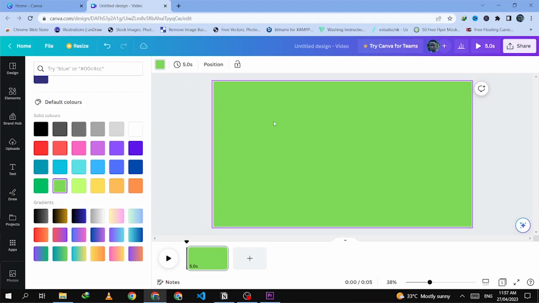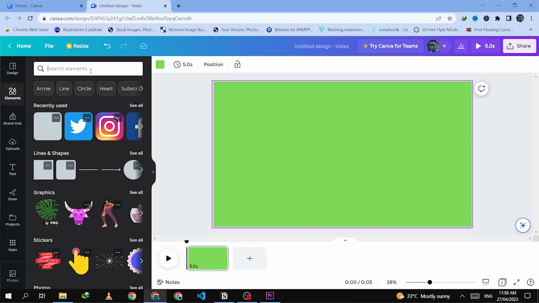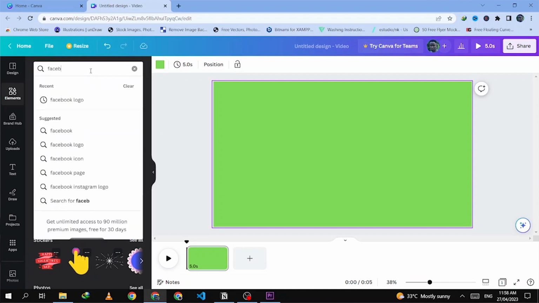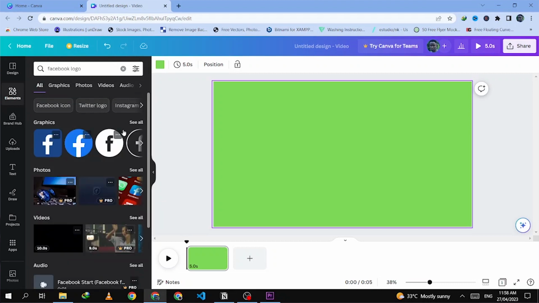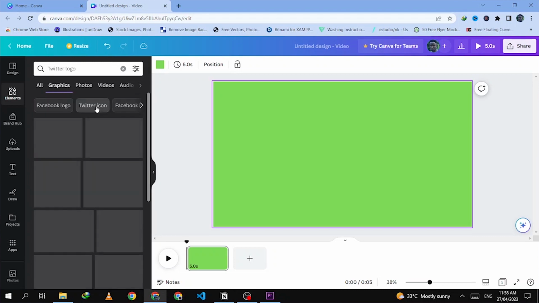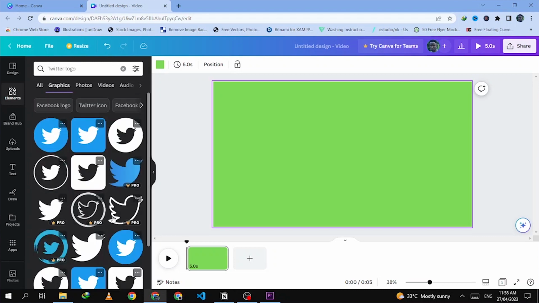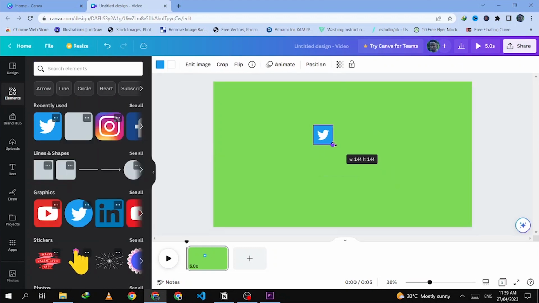Okay, so now that you have your green screen over here, you go to the elements. You can type here, let's say Facebook logo, to get your various graphics on Facebook. You can also select the Twitter logo to get your various designs on Twitter logo. You can just click on this Twitter and you place it over here. You can duplicate